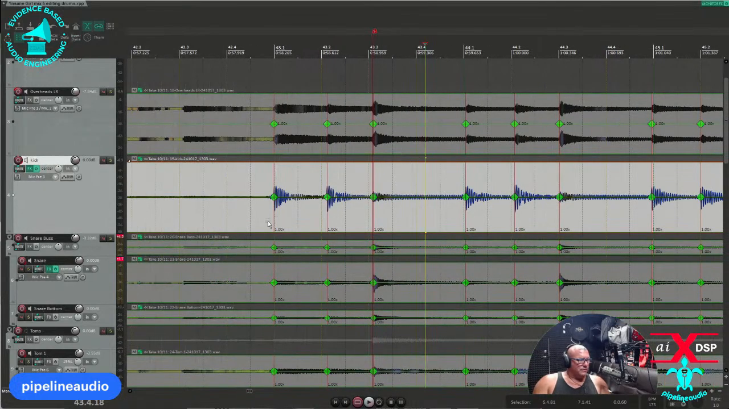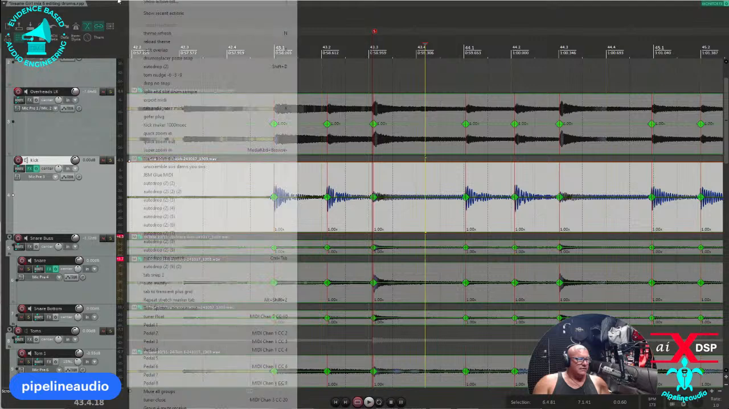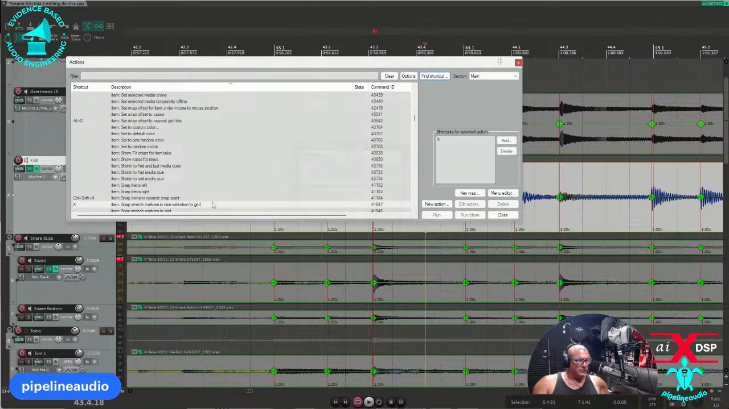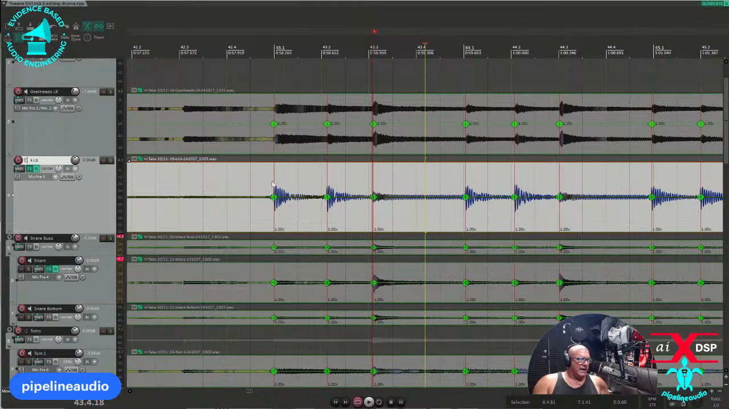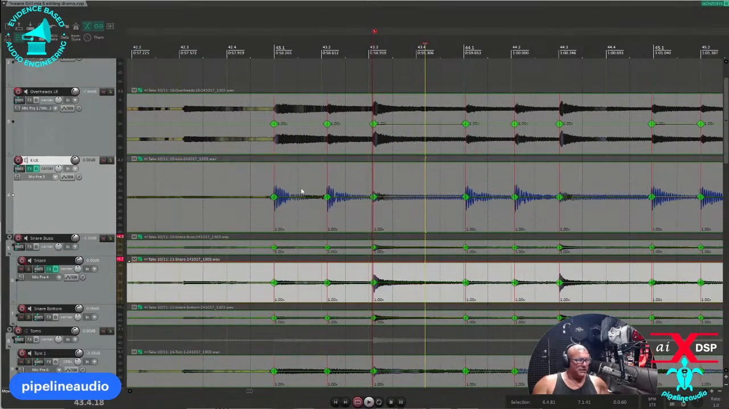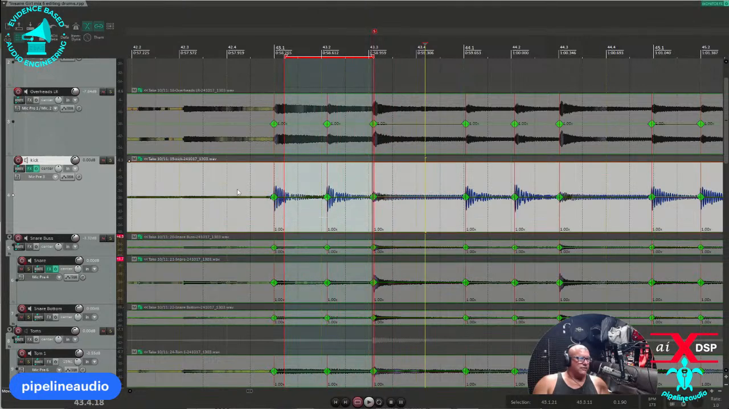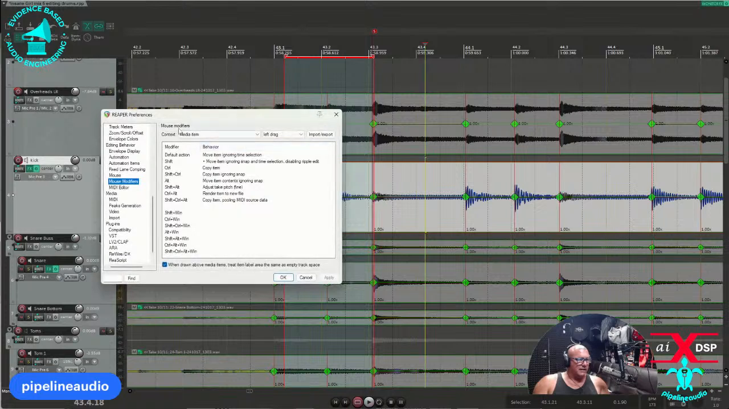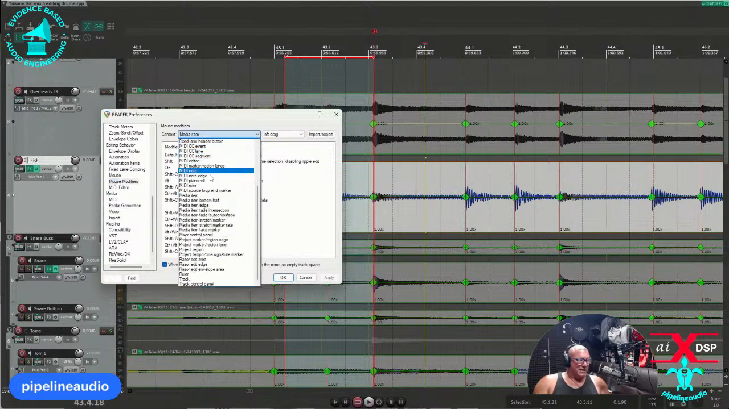I'm going to again use an action. This is my X key: item snap, stretch markers, and time selection to grid. And I have it set so that the top half drag does one thing, bottom half selects time. And I wanted to show you guys how I did that. And it's funny, they changed something. So if I go to media item bottom half,